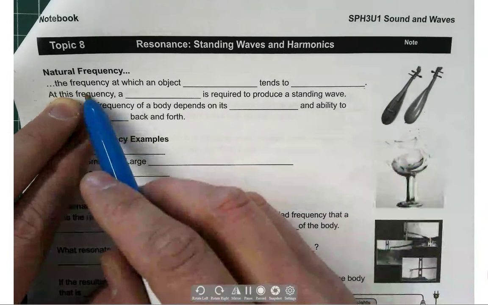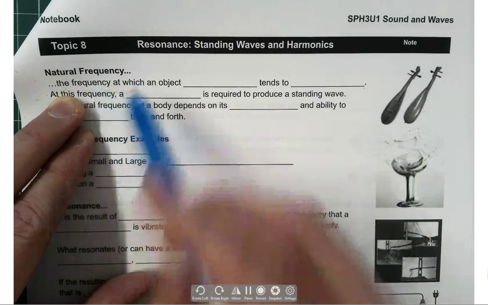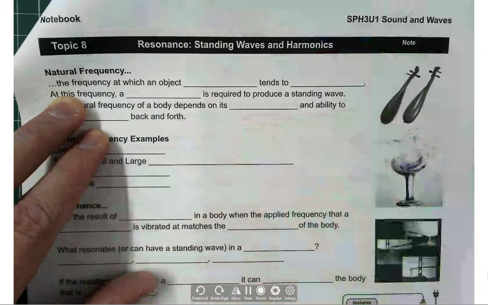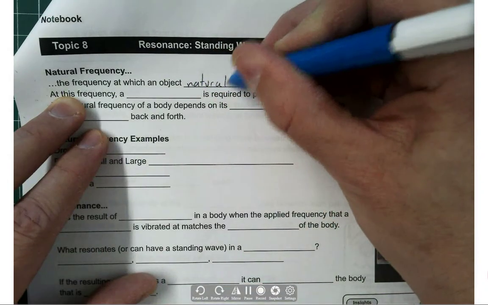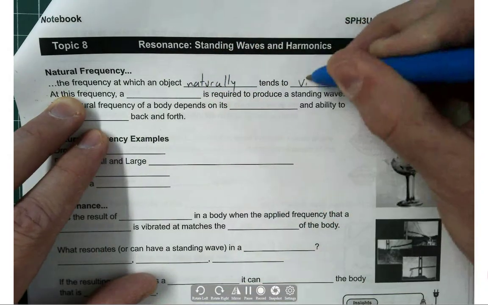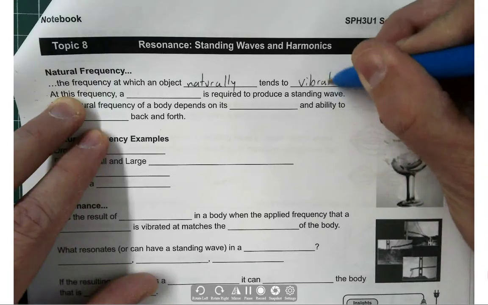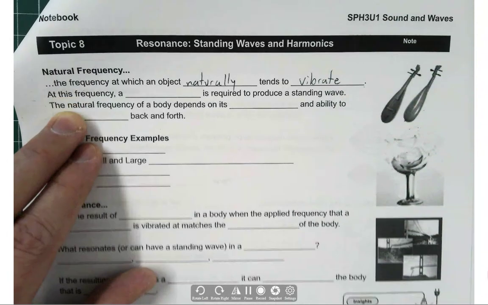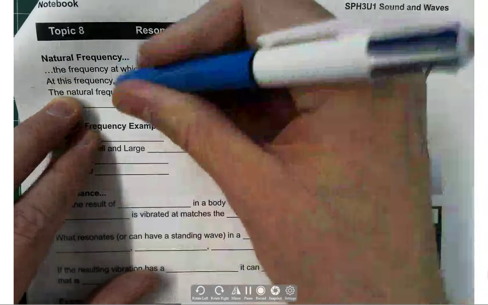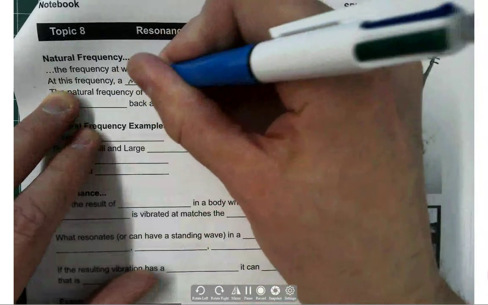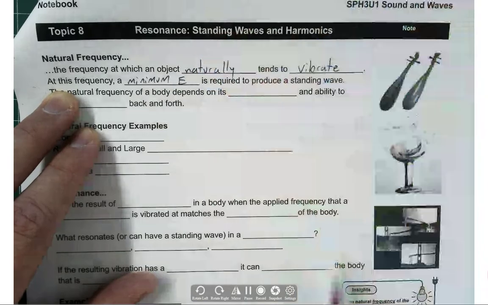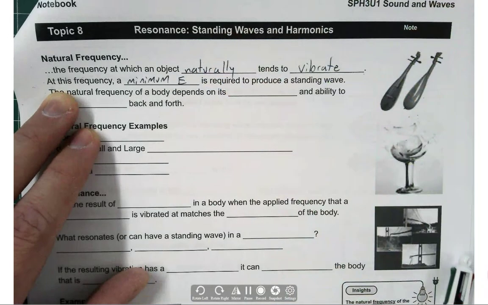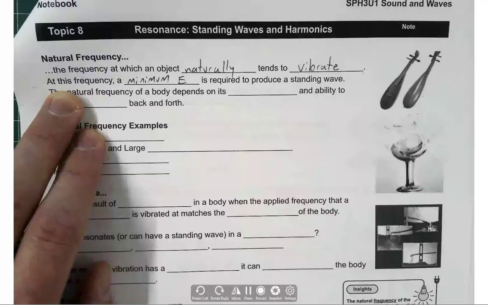Anyway, all right, so the frequency at which an object naturally tends to vibrate, that is the natural frequency. Now, at that frequency, there's a minimum energy that's required to produce a standing wave. And if I was going to choose out, like,